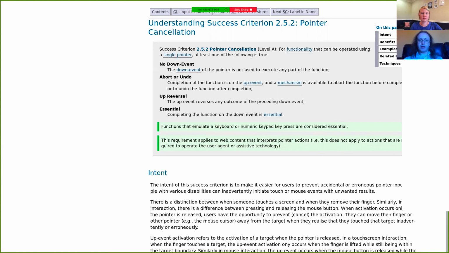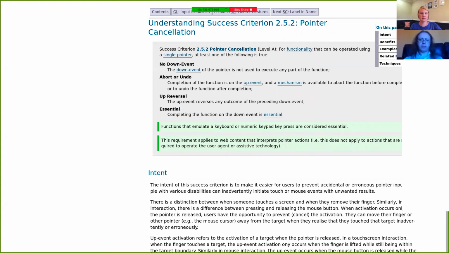There is the idea that you could abort it or undo the event. So if a mouse down caused a dialog to pop up, well, if that dialog has a close button or a cancel button, then it'll qualify under the abort or undo. There is also an essential kind of exemption clause for this.